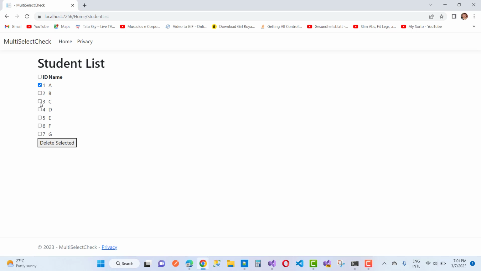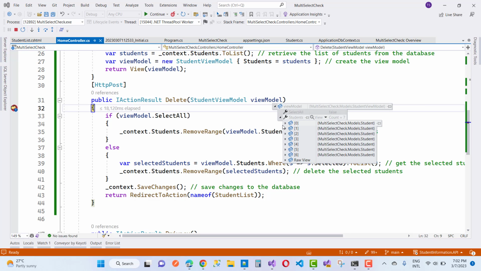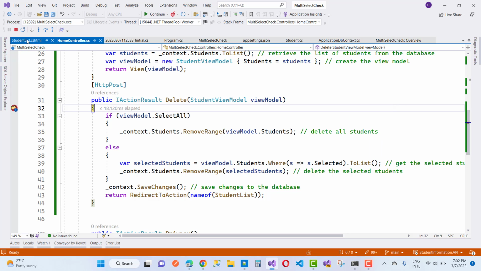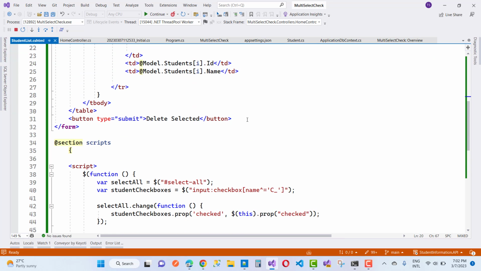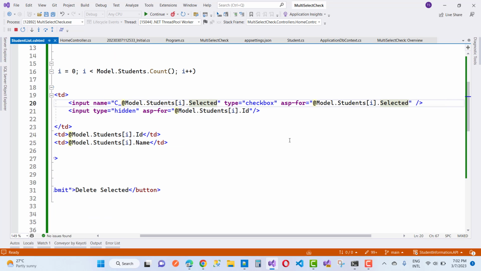So select this, check all this data again, and delete selected, and see what data is selected. Actually, just check this: it's false, it's false, it's false, it's false. Okay, so it's false actually. Now go to the next CSHTML, and here we have an ID property. Everything is fine. Now the selected is right, but